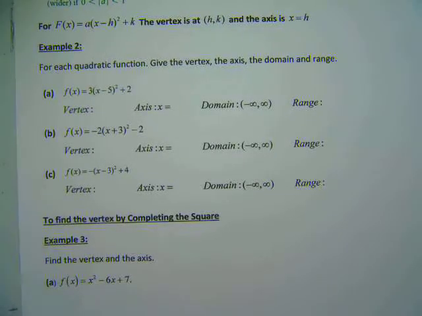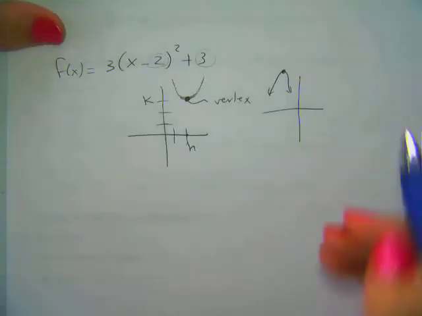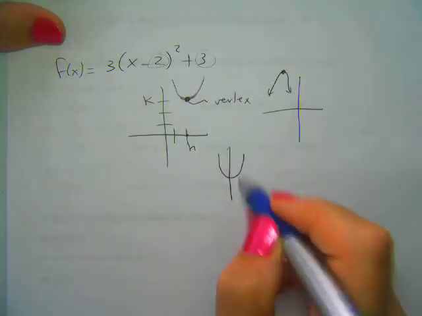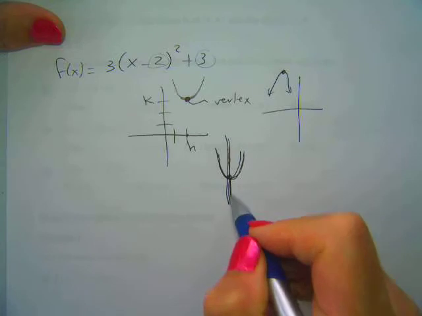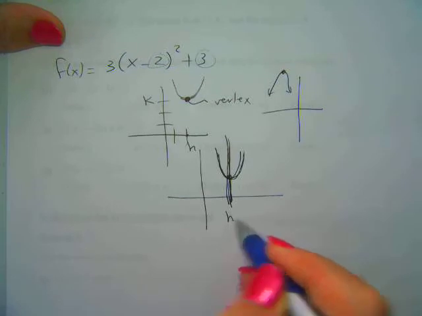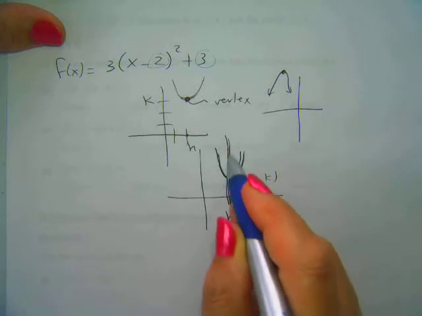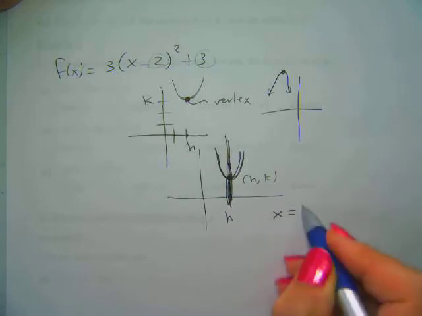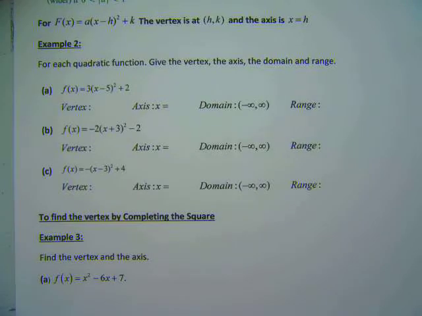Okay, let's look at example 1. Oh, I need to tell you about the axis. Let me say it here. Any parabola is going to have what we call an axis. It's axis of symmetry, but we're going to drop the word symmetry. Okay? This axis is an equation of a line, a vertical line. And remember, since the vertex is at h, k, then what is the equation of this vertical line? We just finished that. It's x equal to h. And remember, it has to be an equation of a line. I mean, not the vertex, the